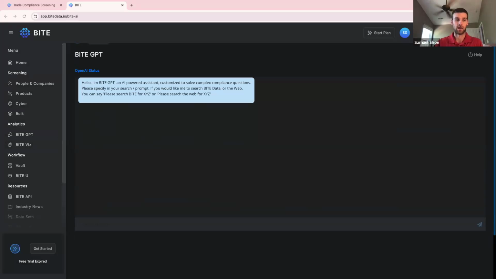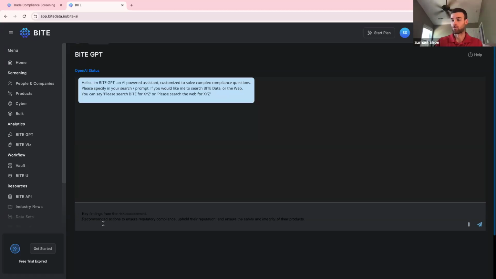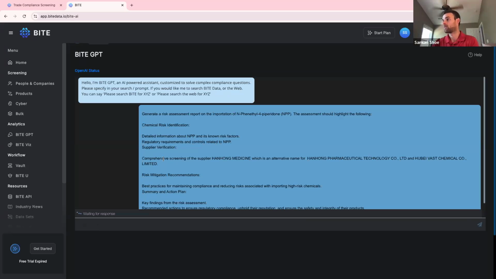So I have my prompt for ByteGPT here. I'll walk through it with you for a second while ByteGPT is giving me an answer, which can take a minute. But I'm asking it to generate a risk assessment report on NPP, highlighting the chemical risk identification,